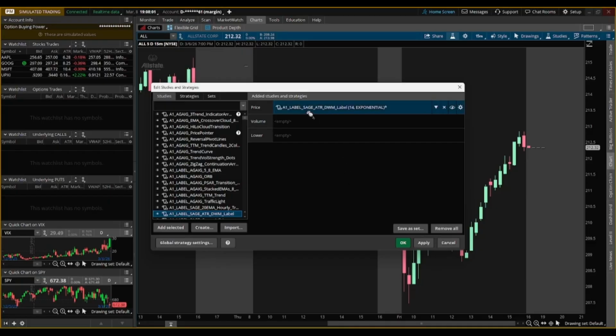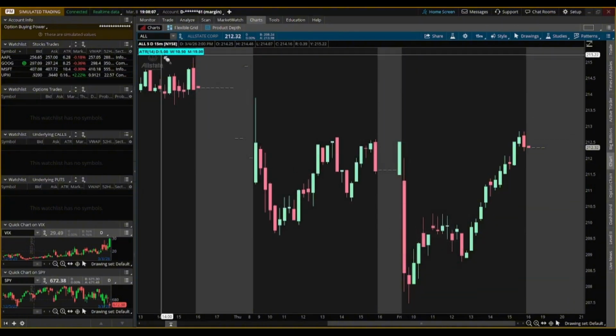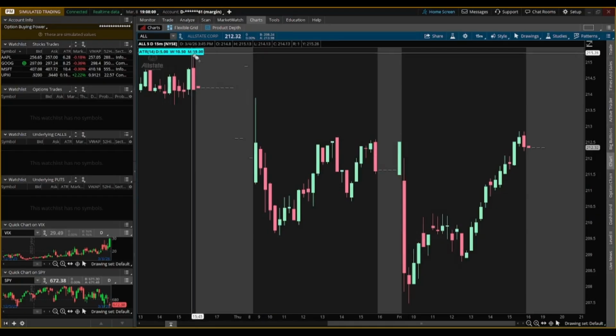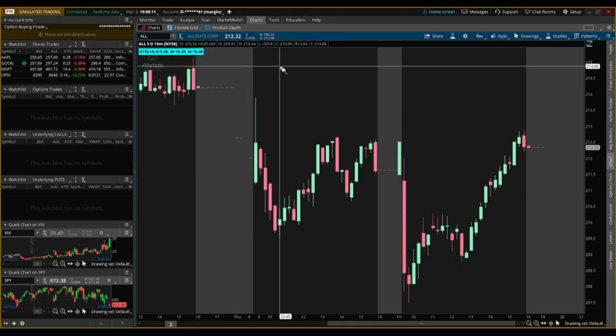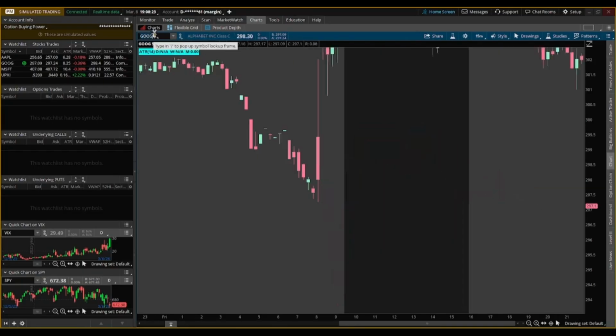This particular ATR label shows you 3 time frames at once: daily, weekly, and monthly. This gives you a quick snapshot of the stock's recent behavior across different time frames. The study uses a 14-period exponential moving average. Keep an eye on these numbers. They tell you what kind of movement the stock has been capable of recently. That context matters when you're planning your trades.